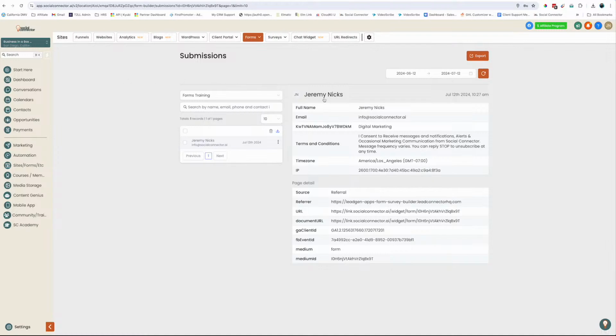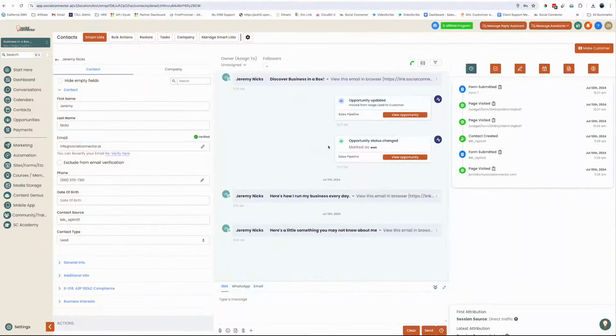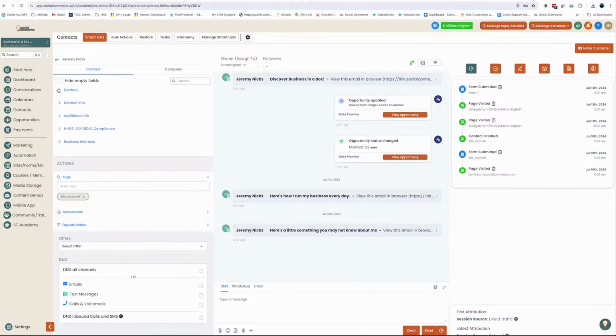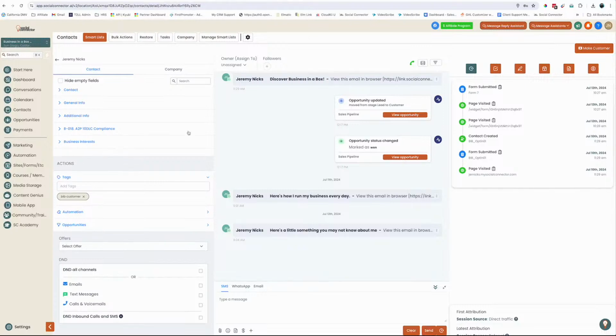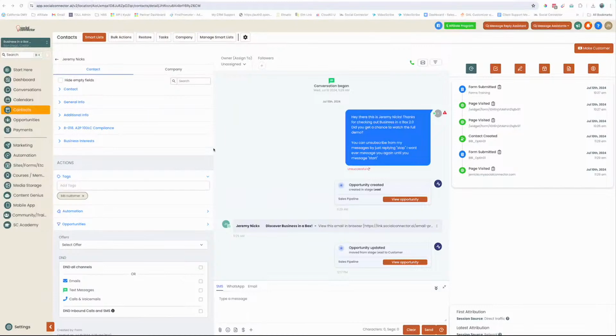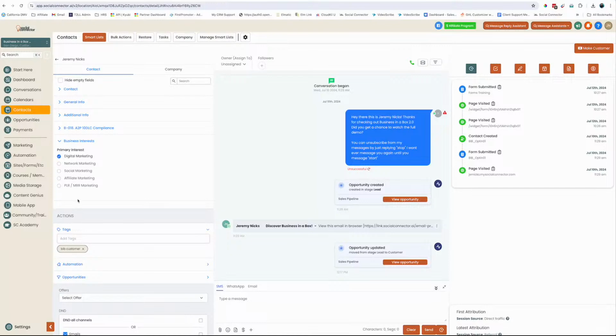Now if I go to this contact, I can click there to automatically take me to the contact. If I look here under business interests, we'll see, excuse me, I have to refresh. Sometimes it doesn't show up right away. I apologize. It hadn't refreshed, so I refreshed it. And now business interests, there you go. It shows you the primary interest, digital marketing. Okay. And so now I have got that information. All of this is saved right inside of the contact's information. And that's just the beginning of what you can do. We'll show you in automations even more advanced things you can do. So that is how you really build out and customize a form ready to share with anybody for whatever